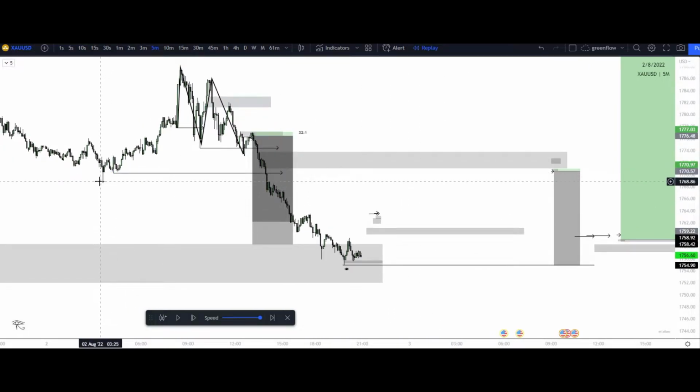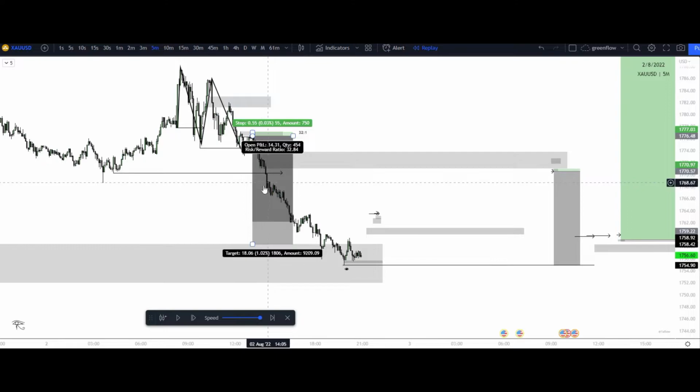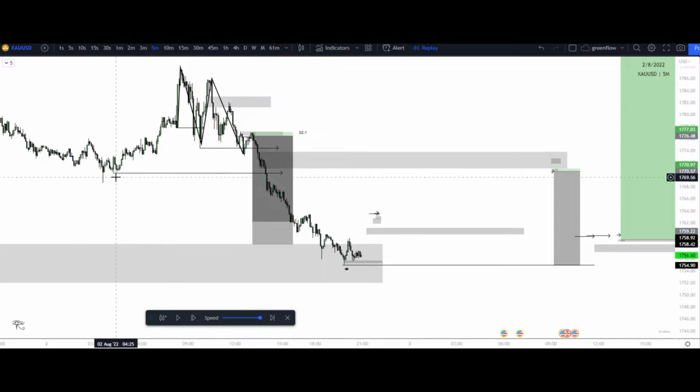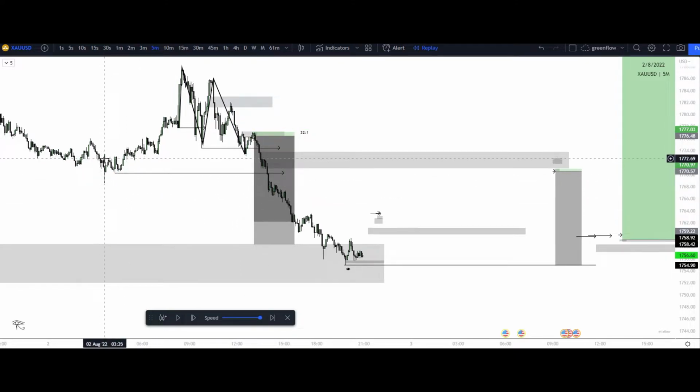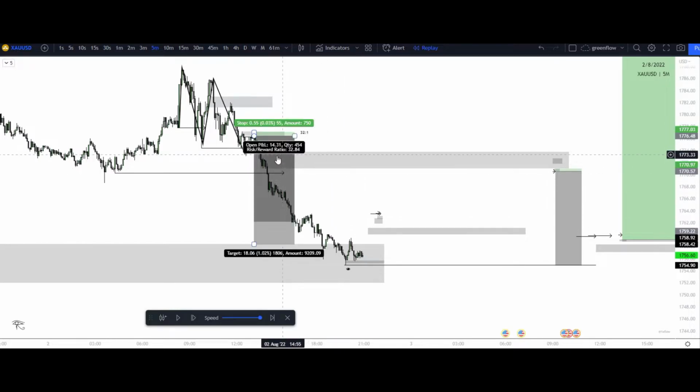Why did I pick this supply zone? From this low right here, we broke structure to the downside. I chose this low right here because we broke structure to the upside here and then respected this low right here. So this is where our next demand was introduced on this leg up, and this demand was broken to the downside here with this displacement candle. So where's your candle before the candle that broke structure?